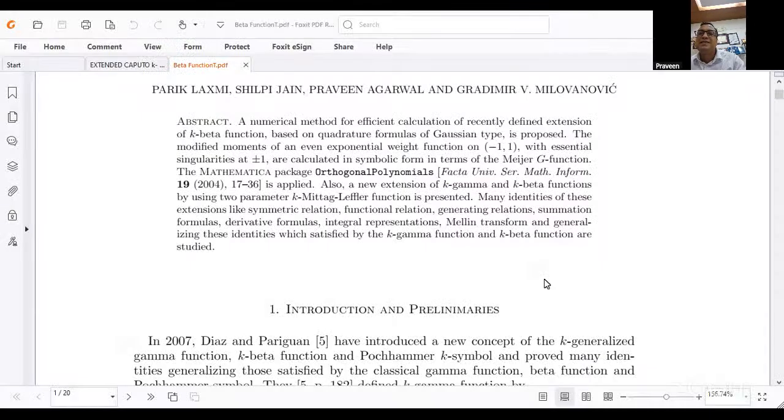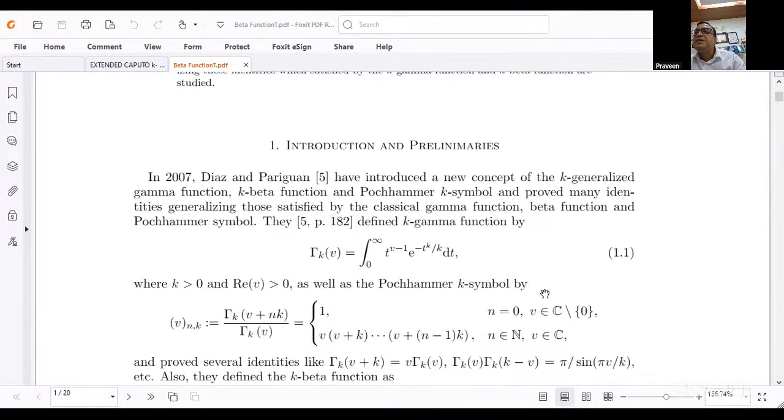Function are studied. So basically, it is one of the generalizations of the k beta and k gamma function, and we have used a particular mathematical package to understand the behavior of the functions which were based on the quadrature formula of Gaussian type. Okay. So in the introduction, as you see in equation 1.1, this is the classical k gamma function